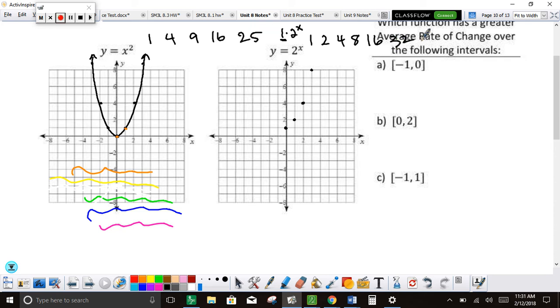Now, as I go to the right, I multiply, which means as I go to the left, I need the opposite, I divide by 2. So if I'm at 1, and I go over a box, I'm going to be at 1 half. And then half of that half is 1/4, and half of the fourth is 1/8, and then 1/16, and 1/32. Will I ever get to 0? I get really close to 0, but I stay above 0. So my exponential function is something like